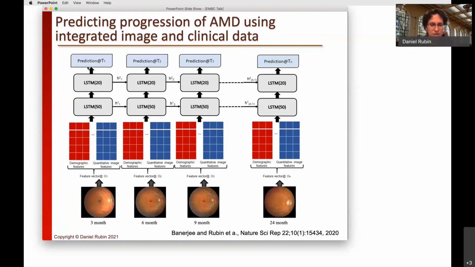The goal here is these are eye images, patients with AMD, age-related macular degeneration. A small percentage of those patients progress. We want to predict, are you going to progress within 3 months? Because if the patient will progress, they should be carefully screened for rapid progression. They're at high risk to have their disease rapidly progress to blindness. And by triaging them into a high and low risk category, we can pick up that progression sooner and institute